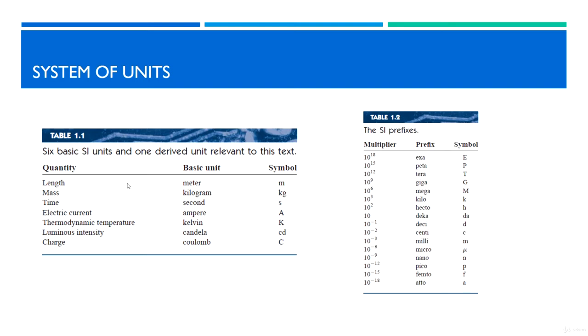So in order to unify the units of measurement, they have made something called SI unit. SI unit is an abbreviation for the International System of Units. So instead of someone measuring with a meter and another with a mile, or for the mass, someone measuring in kilogram and others in pound, all of these are different units of measurement. So in order to unify all of these units, they have made something called SI unit, or the International System